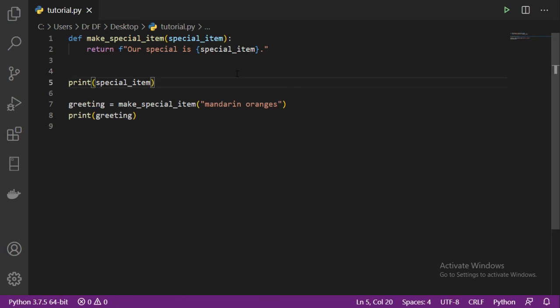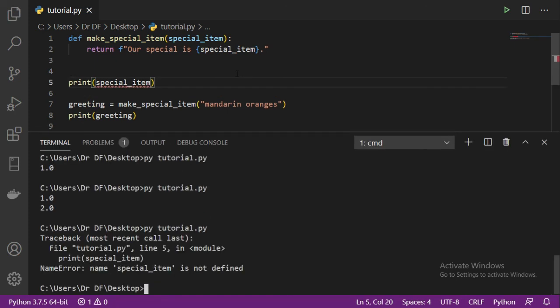Alright, so let's run this and see what we get. We got a NameError: name special_item is not defined. The reason behind this is that special item is a variable, and like any variable, it has a scope. The scope is the place in our file where we can call a variable. For example, special item here has its scope inside this make_special_item function,